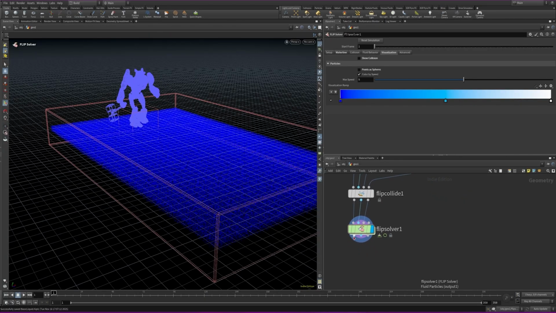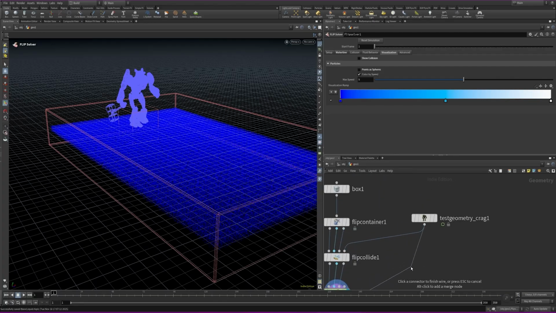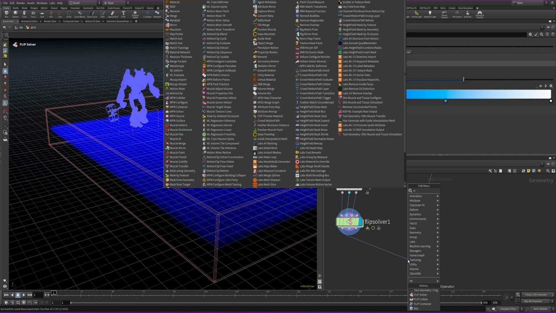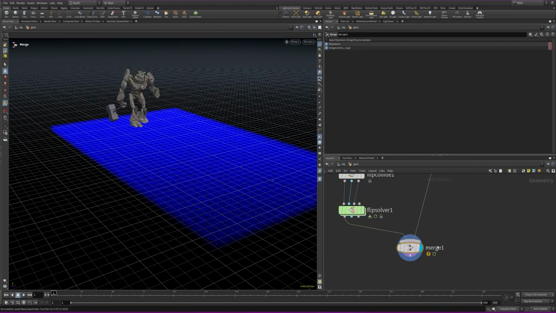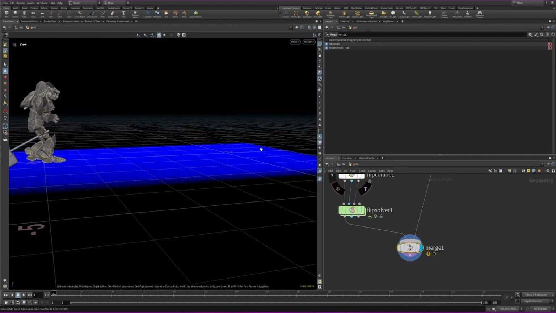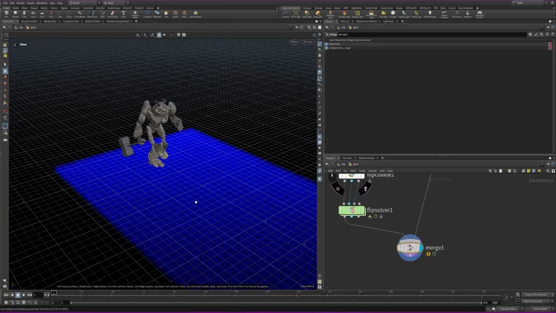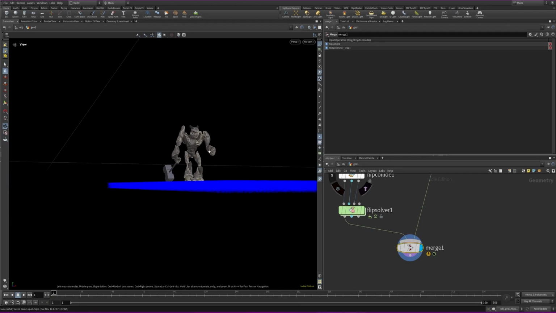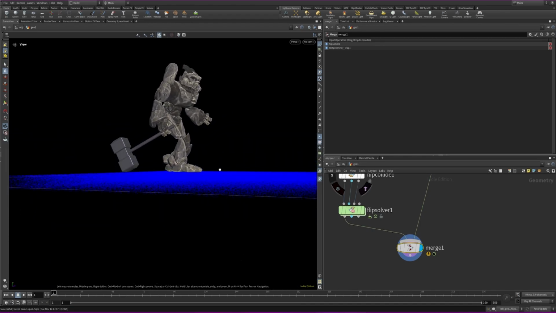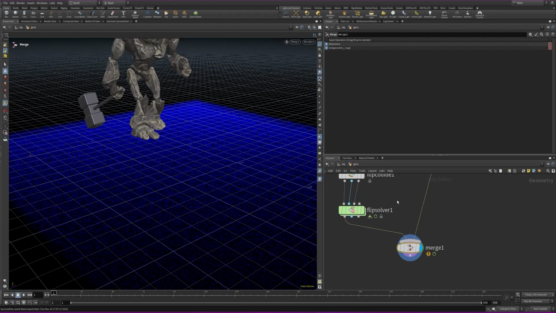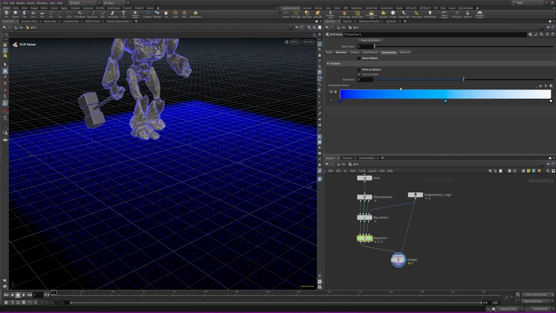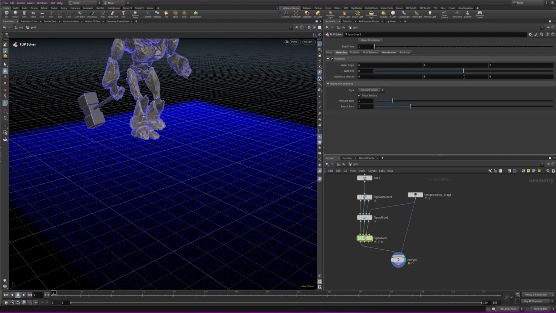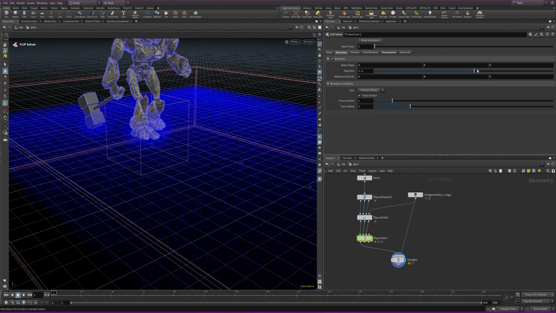If you guys want to as well, just for a little extra, if you click on that one, shift click just on that one, then click Tab and type merge node. Click on the visualization of the merge node, and as you can see, we have both of the flip simulation and the test geometry. But it is currently not aligned, so we're going to have to fix that. So if we head over to the flip solver, go to the waterline, and drag that up just